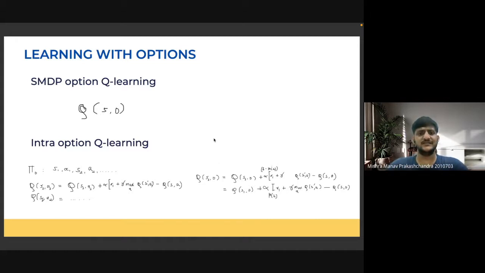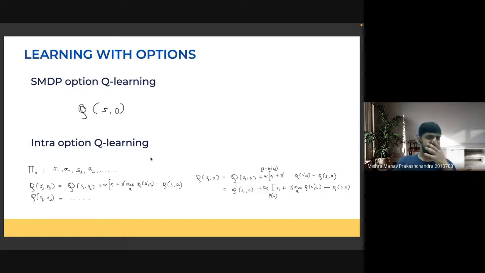In the last two, I think two slides back, I defined the SMDP Q-learning framework. So when I have the options in the SMDP Q-learning setup, all I need to do is replace the action that I have with the option, and the Q-learning proceeds as follows, right? So this is the general idea behind the option Q-learning. We'll look at how the updation also happens, right?